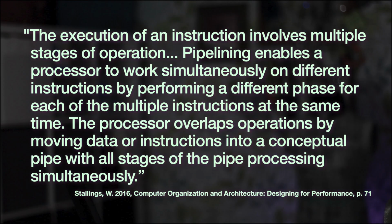The execution of an instruction involves multiple stages of operation. Pipelining enables a processor to work simultaneously on different instructions by performing a different phase for each of the multiple instructions at the same time. The processor overlaps operations by moving data or instructions into a conceptual pipe, with all stages of the pipe processing